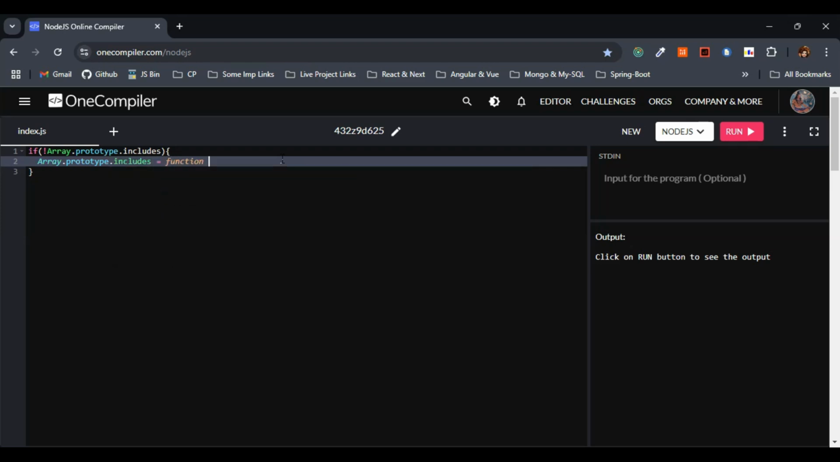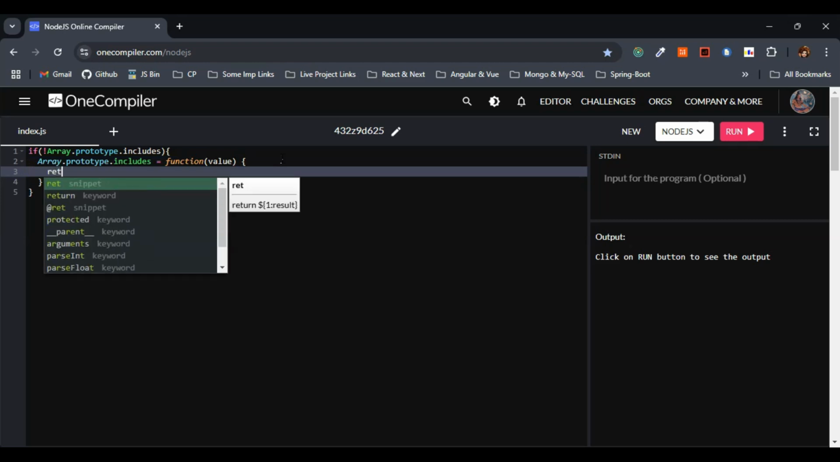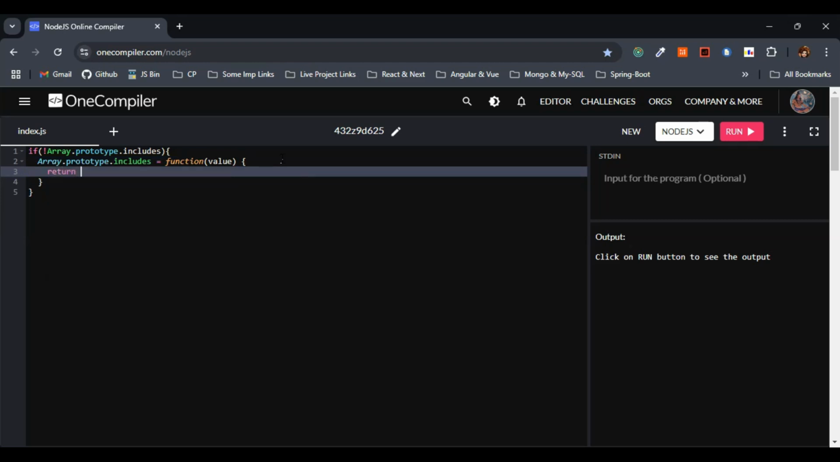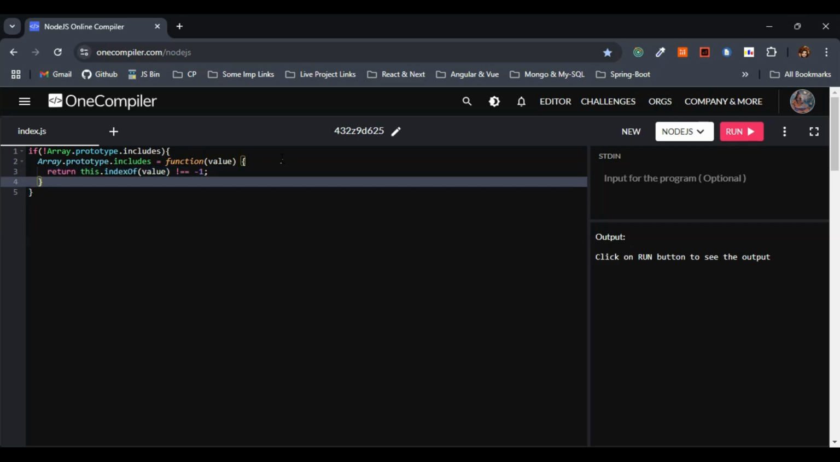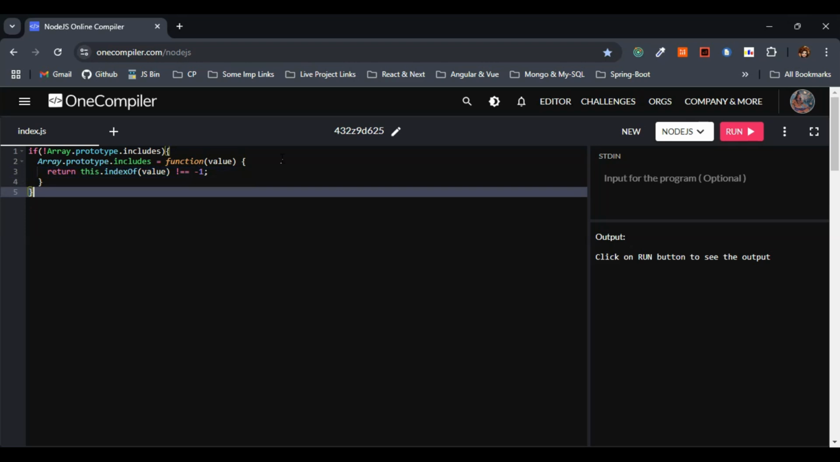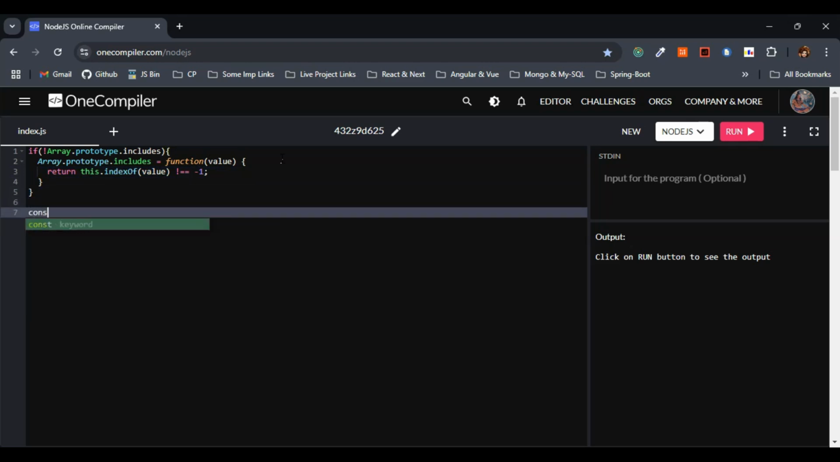Let me create a function, pass value here, right? Value as the parameter. Let's return. Let me make use of this keyword here. Let me make use of indexOf. If indexOf value, the parameter that we have considered, is not equal to -1, right? So then finally what we will do, we will log something, console.log of